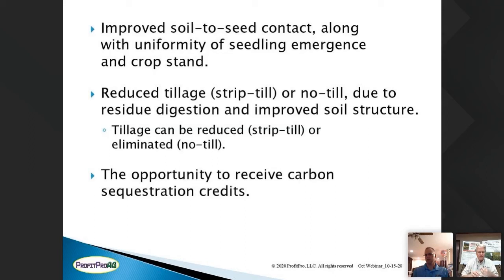We're going to get rid of the disease and insects that are in that residue, because we're going to apply a microbial culture and other materials that will digest and sequester that residue down in the soil. Now, what that's also going to do, it's going to create a better soil seed bed for the planter